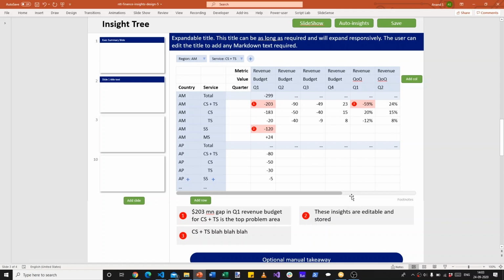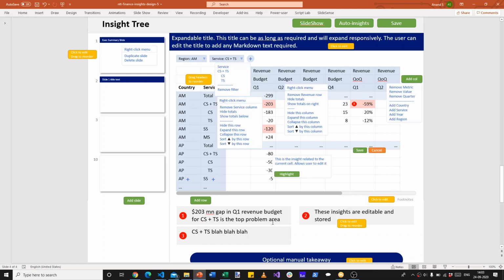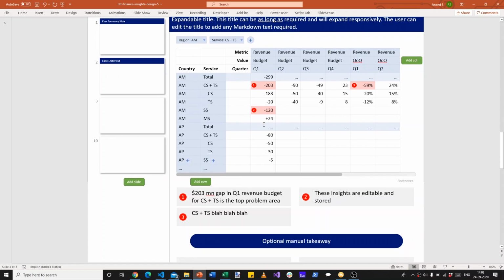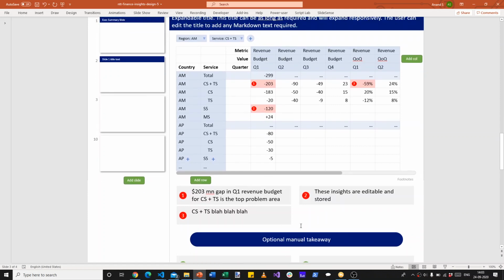We also want the ability to click anywhere out here and just edit because the insights can be annotated manually. We also want the ability to reorder by just dragging these. So if I move this box 2 over 1, then 1 and 2 get swapped, and the corresponding numbers that are on these cells, they also get swapped.